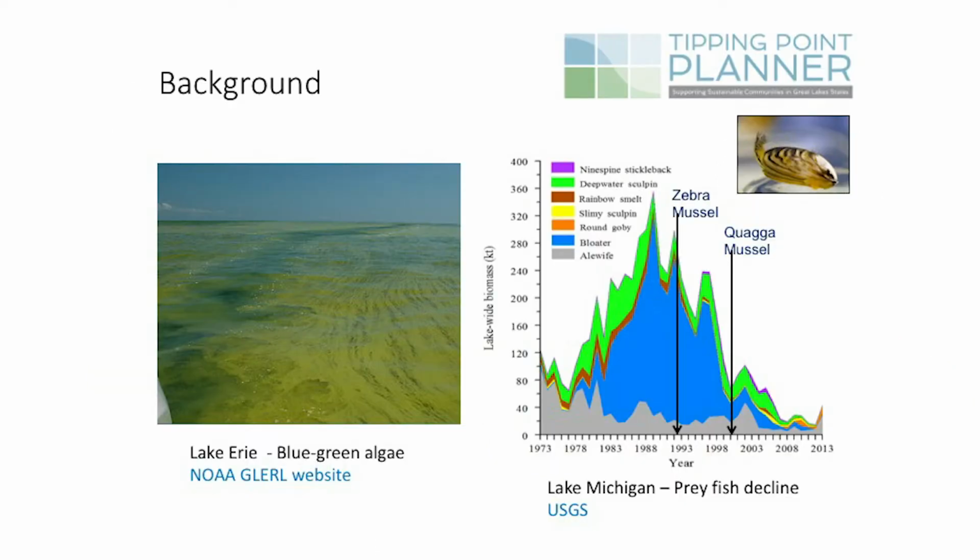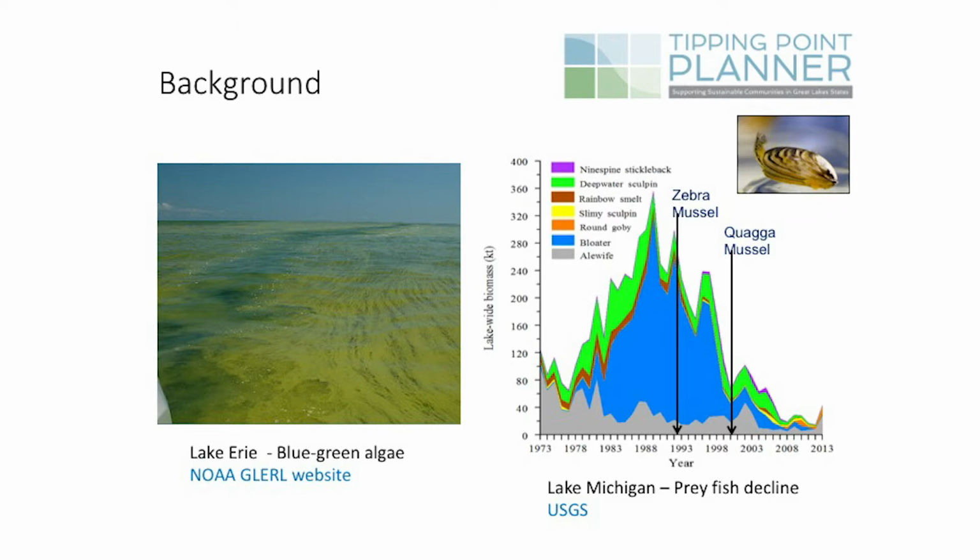In the Great Lakes, we've seen two trends happen over the last 10 to 20 years. In nearshore areas, we've seen increases in harmful algal blooms, as shown in the image on the left. That's a harmful algal bloom captured in Lake Erie during the summertime. And then also in the offshore zone of the Great Lakes, we've seen a decline in biomass of fish in